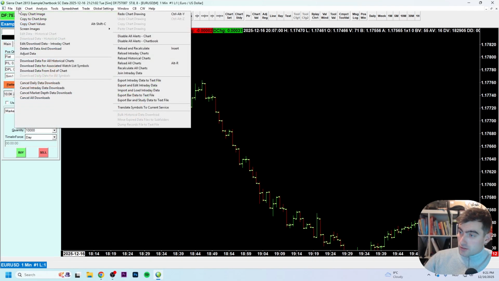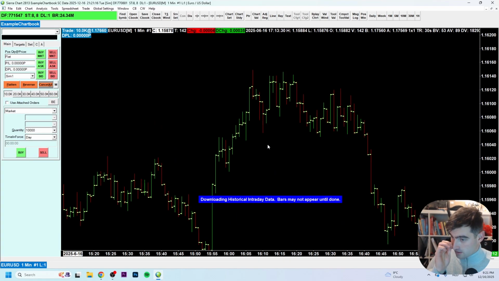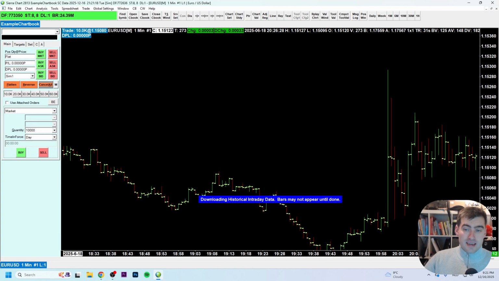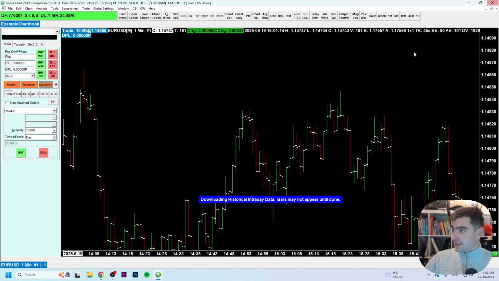And for this we go to Edit, and then right here we click on Delete all data and download. So we click on that and then confirm: intraday data downloaded for EUR/USD starting at 00:00, and then we do Yes. And then right now we just deleted the data. And there is now one thing that we need to do. So if we click this away,